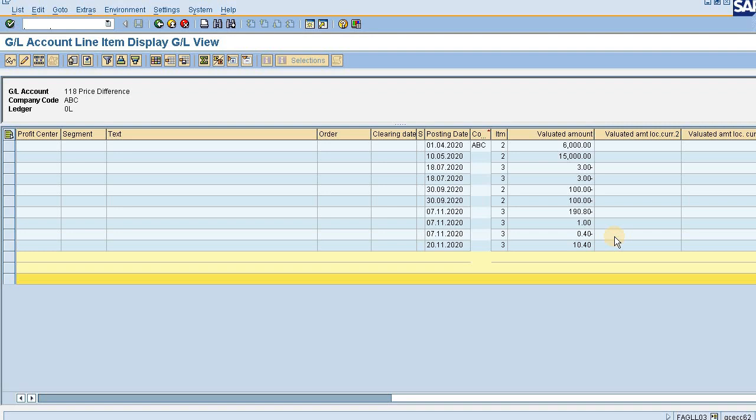So now the question is, I have shown you 3 reports against the GL. Which one to choose? It totally depends upon your requirement, your benefit, your need. SAP has given you multiple choices, and it's your choice to pick the option.